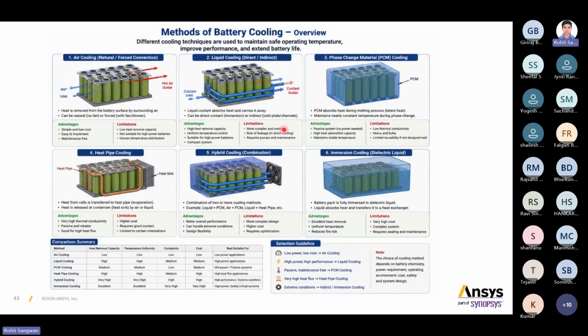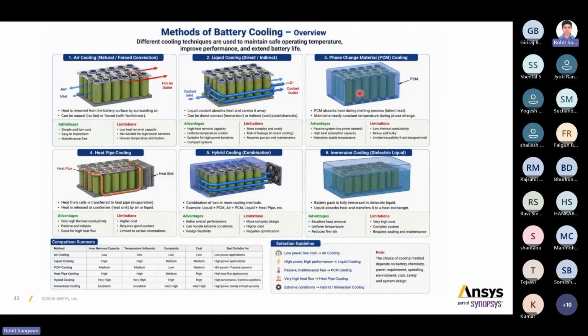There is some limitation when we have battery packs: the complexity will increase, cost-wise. How do we provide these cooling channels? We cannot take away heat from all batteries, so what should be the path of our coolant? Whether we go with pipes, heat sinks, jackets, or immersion cooling, that kind of complexity will come. With immersion cooling, if by mistake there is some leakage, the whole battery will get damaged. So we have to understand those things, and the requirements for our pump and